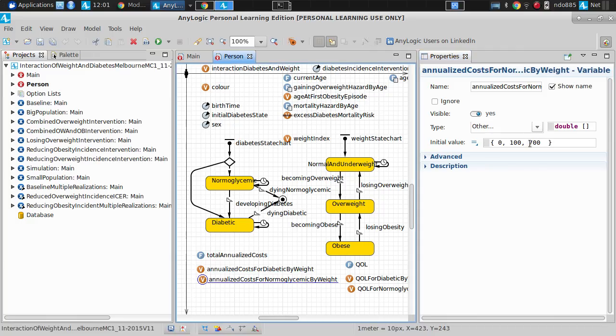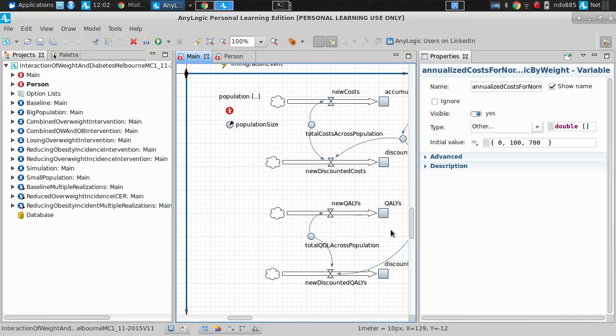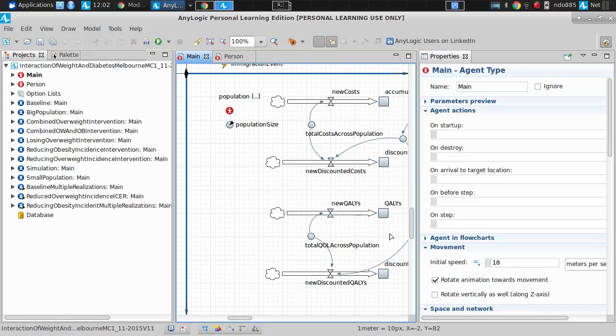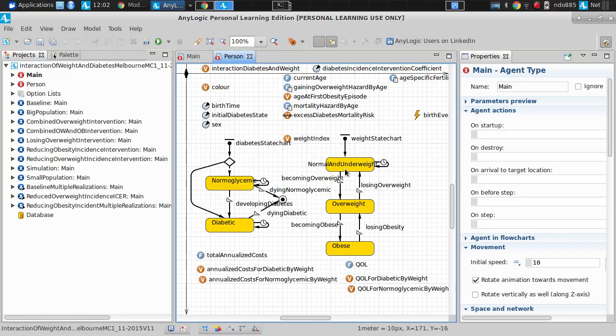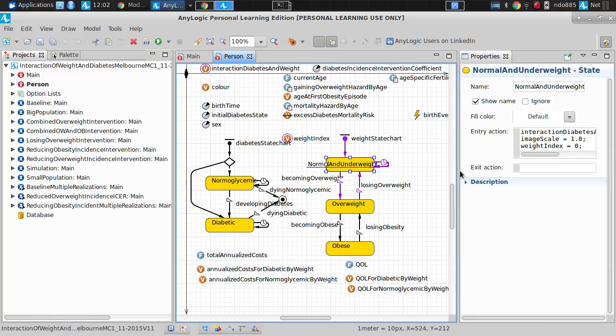Okay? So these costs are being determined at an individual level, and what's going on in Main is it's totaling them up and accumulating them. It's accumulating them in terms of the total accumulated costs and in terms of the quality adjusted life years lived by that population. Where does it get quality of life from? Well, let's go here and check. So you'll notice that if you click on normal and underweight in person,